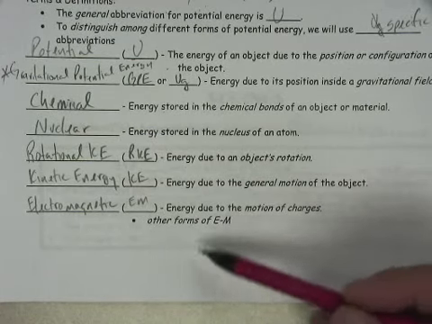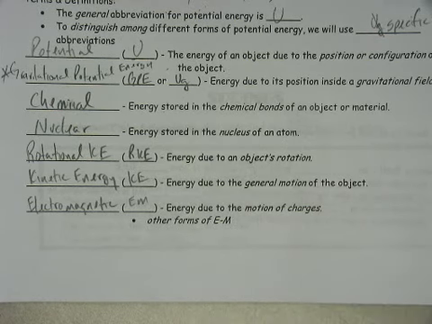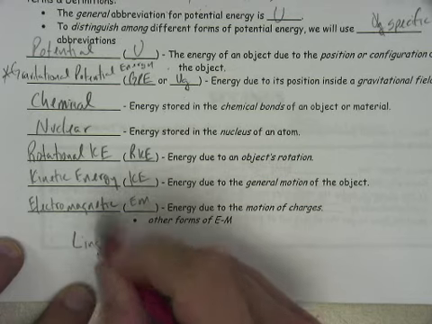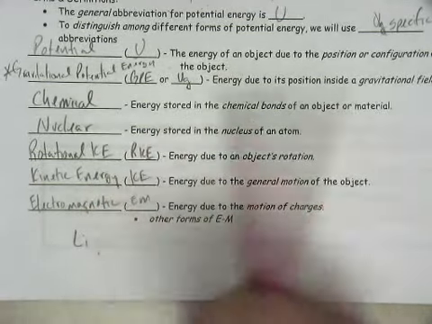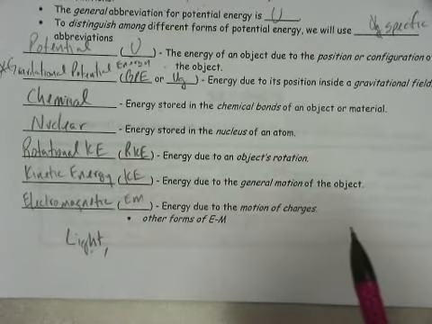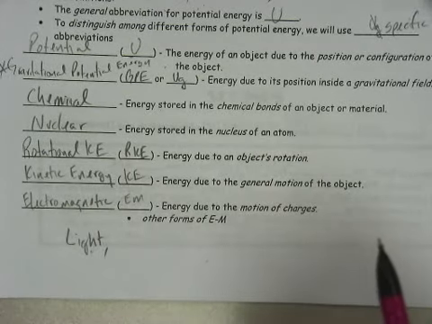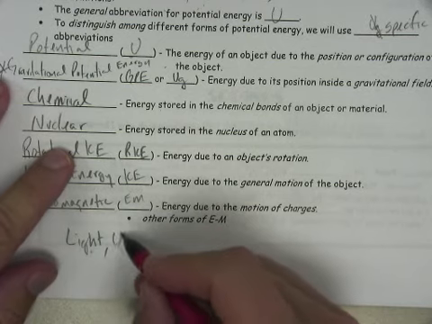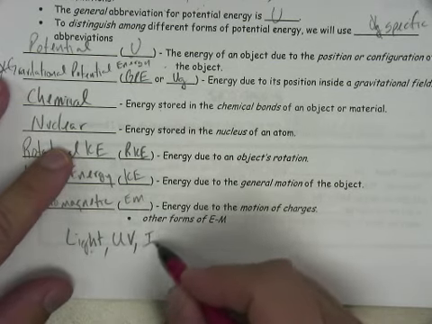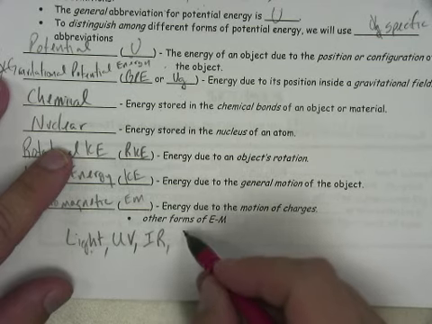I'm just going to list them down below just so you are at least aware of them. So when you hear these, you need to know that these are examples of electromagnetic energy. So all of them are energy, just specific examples of electromagnetic energy. So light, just the fact that you shine a flashlight, turn the lights on in a room, that's electromagnetic energy. UV, ultraviolet, is electromagnetic energy. Infrared,